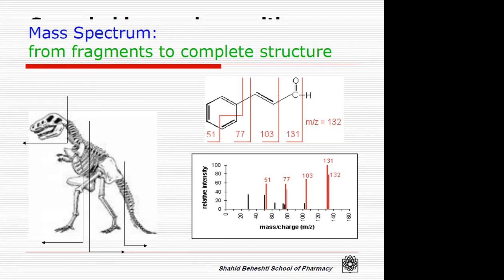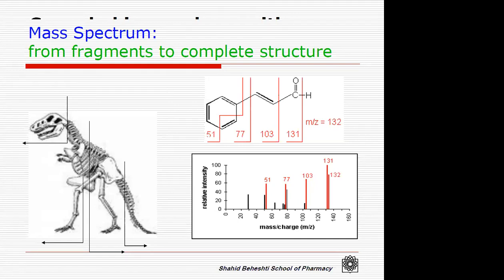What is that evidence? It is the fragments of the skeleton of the dinosaur, which have been put together based on the anatomy. And we all believe that the dinosaurs lived once, although we have not seen them, and they were here millions of years ago. So if we compare this with mass spectrometry, when we have a structure of a compound like this,